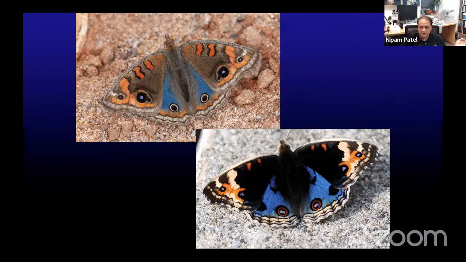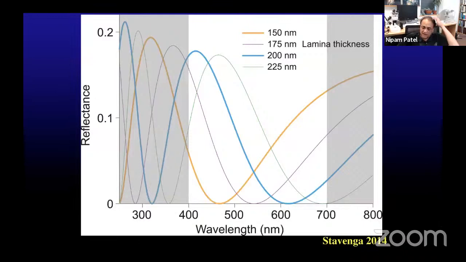Now I'll show you one other interesting thing. One of the predictions is that in fact, as the lamina increases in thickness, you should actually see a progressive change in the color. So at first you have a thin lamina, which actually creates this gold color because of this secondary reflection here. And then as it gets thicker, you should sort of go through a purple and then blue. And if it's really thick, you should go to green. Now I'll show you one of the things from that movie.